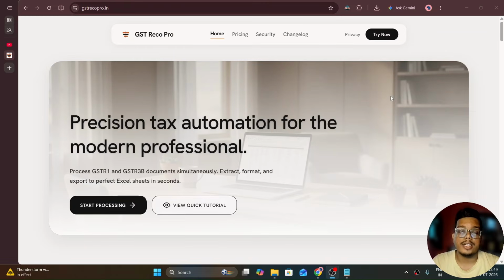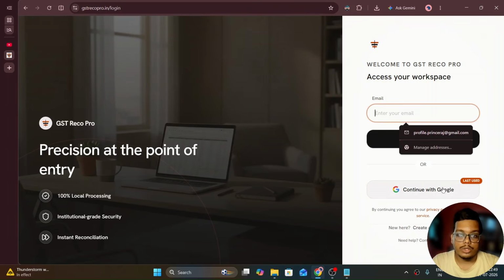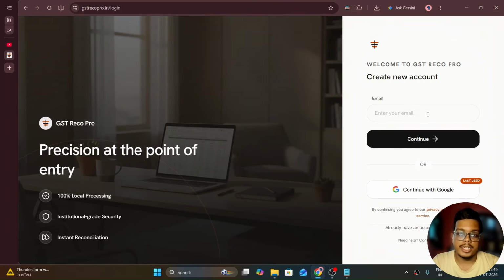Alright, let's quickly learn how we can use the tool. On the home page, on the top right, there is a try now option. You need to tap it. Once you tap on the try now option, you would be on the login page of the website. You can either log in with your email or using Google, or you can simply create an account using your